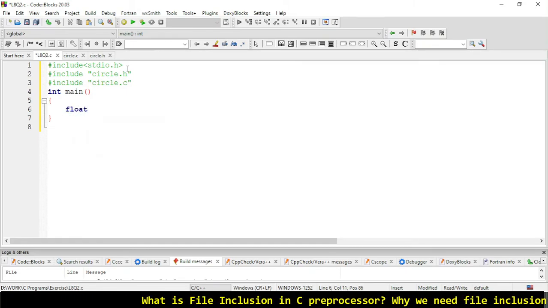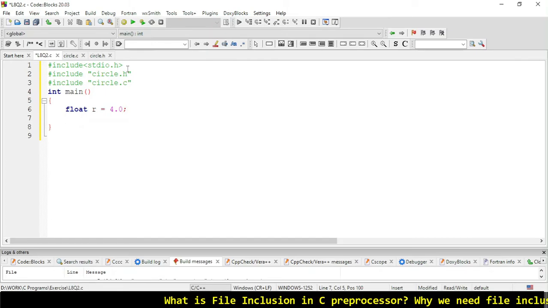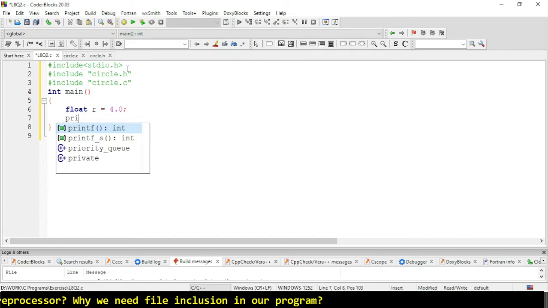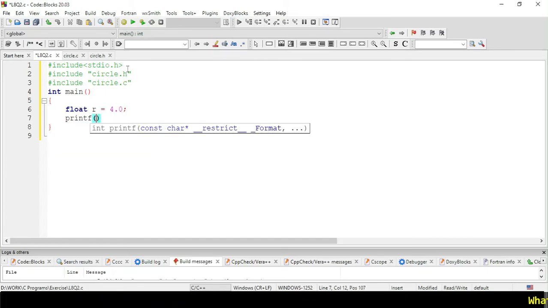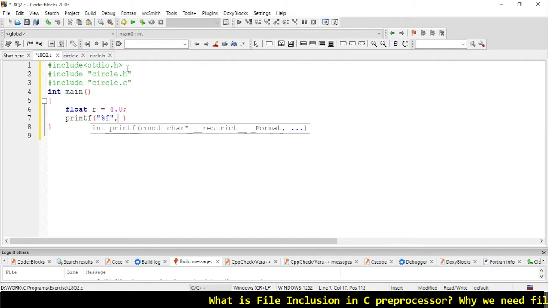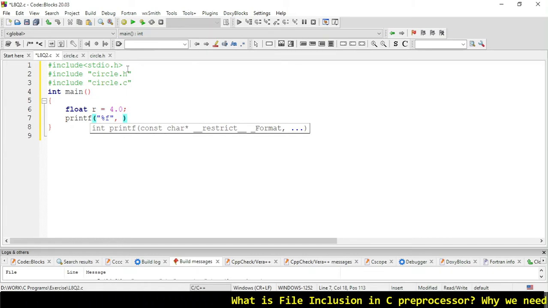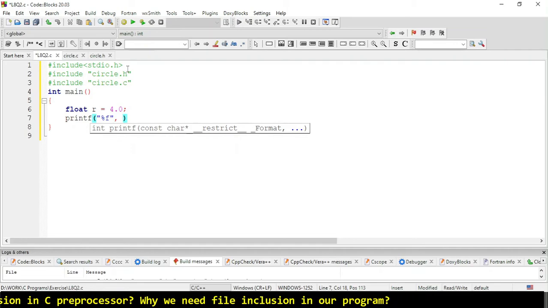So let's first create a variable for r. I am using 4.0 as a variable, and to display we are using printf. You are familiar with that, and percentage f like this, and we have to simply pass the function along with parameters. So what we have to write.